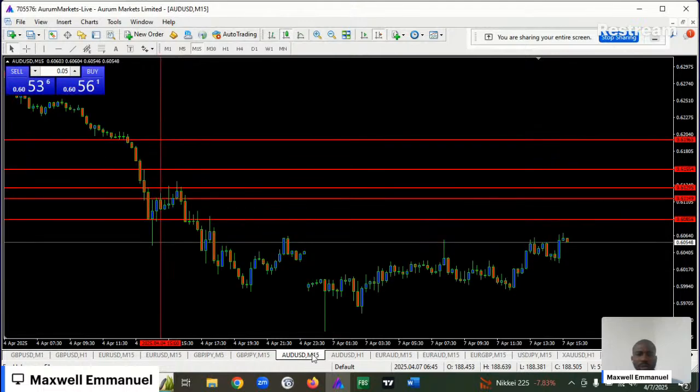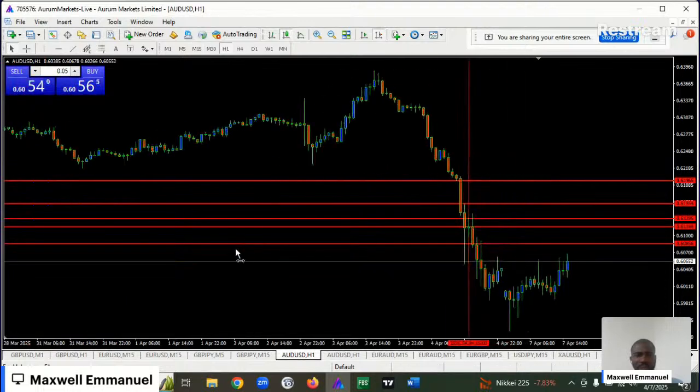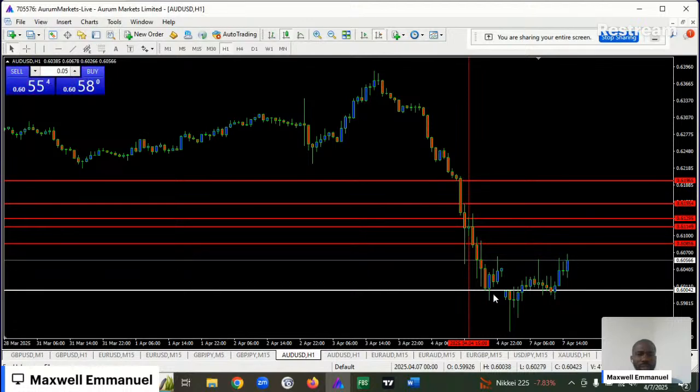So for Australian dollar USD, Australian dollar USD has been bullish. So the first candle for the day closed as a hammer, and the market is currently trading above the high of this bearish candle. You can see price pulled back, tested this resistance, which became a support,